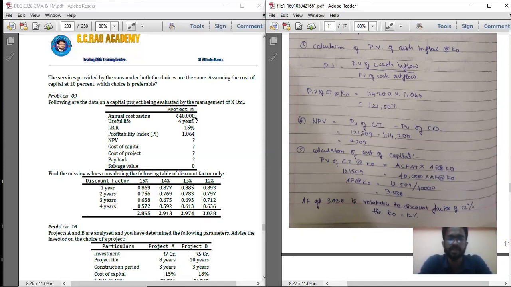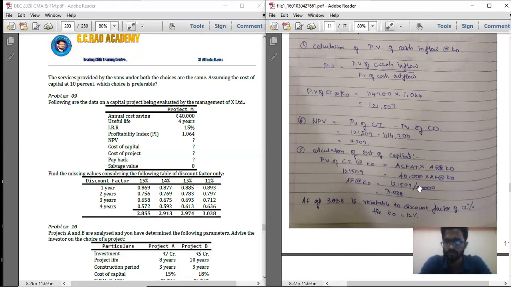Here annual CFAT is the same 40,000 and we know the useful life is 4 years. So if you multiply the annuity factor for 4 years with this 40,000, you will get this 1,21,509. We found this 1,21,509 using the profitability index formula. So present value of cash inflow at cost of capital, 1,21,509, is equal to